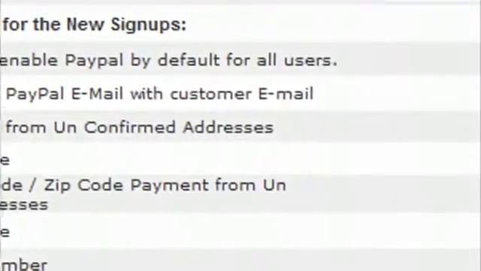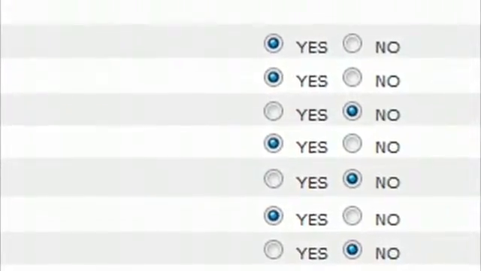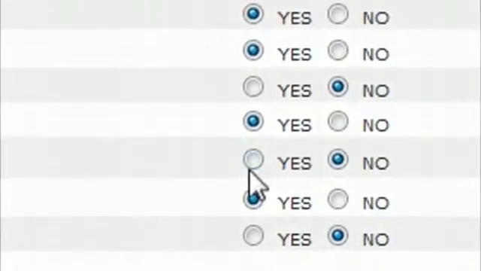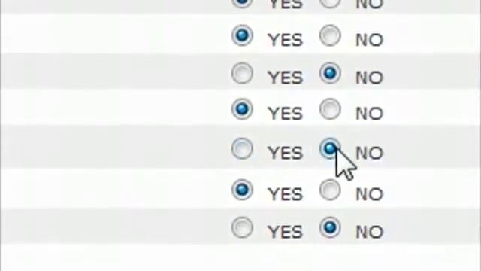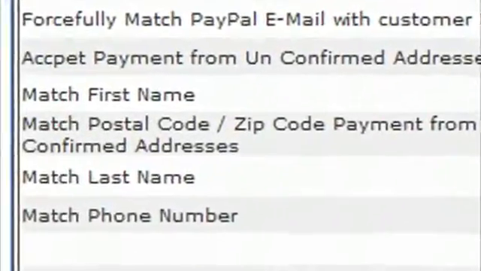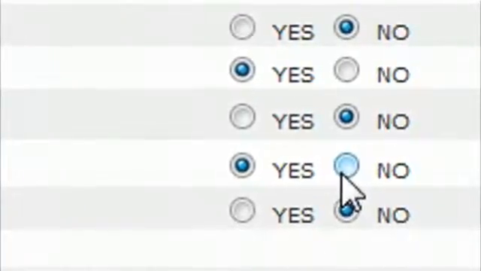Now match postal code, zip code, payment from unconfirmed address. If any customer has an unconfirmed address with the postal code or the zip code, then if you want to allow them, then you can select yes. If you do not want to allow them, then you can select no. If you want to match the last name, then you can select yes. Similarly, if you don't want to match the last name, then you can select no, and you can